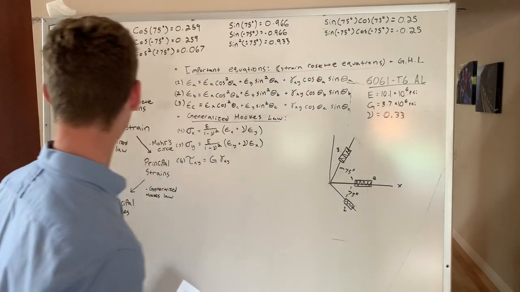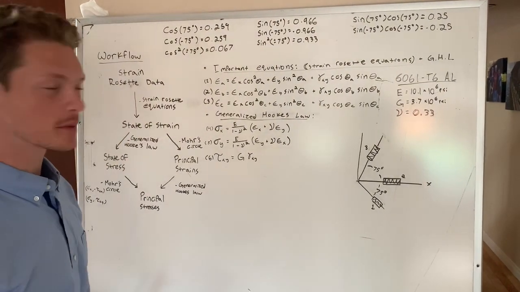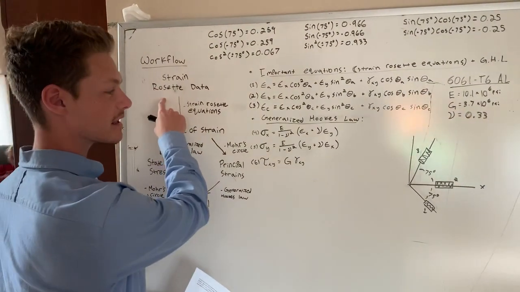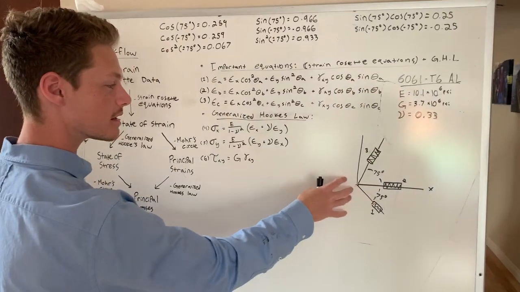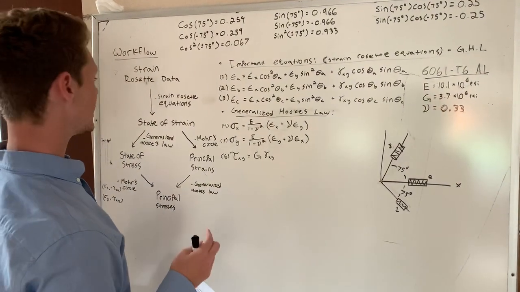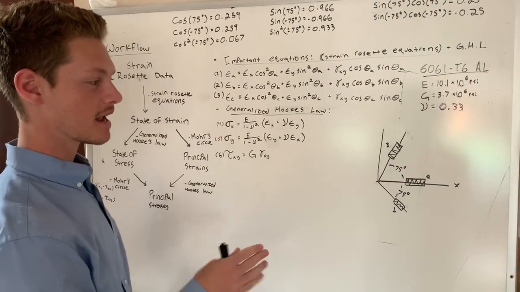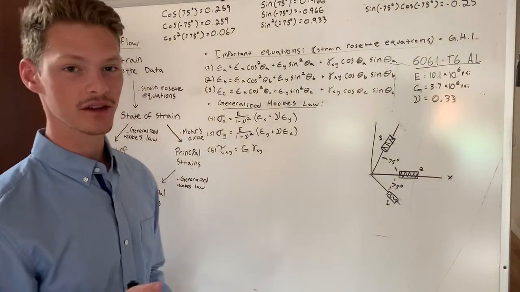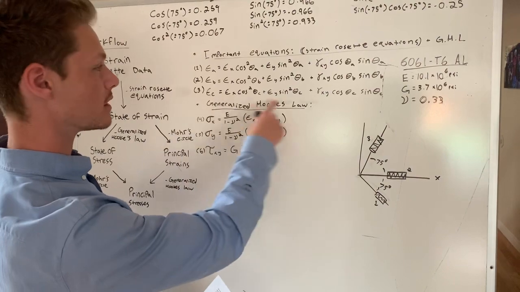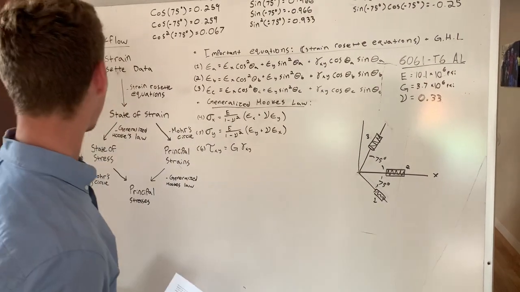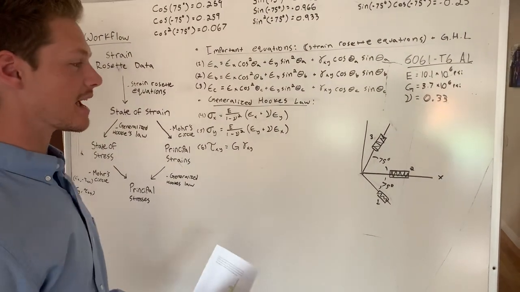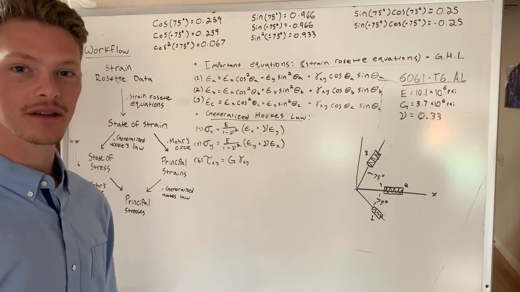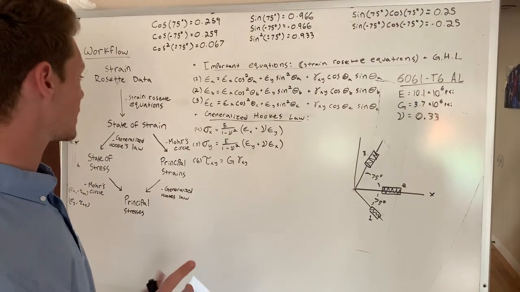Alright, here is the workflow for the problem. We're going to start off with our data that we get from these three gauges here. We're going to have to transform them into x and y and also gamma. We do this using the strain rosette equations, which I put up here, equation 1, 2, and 3. After we get x, y, and gamma, then we get to have a state of